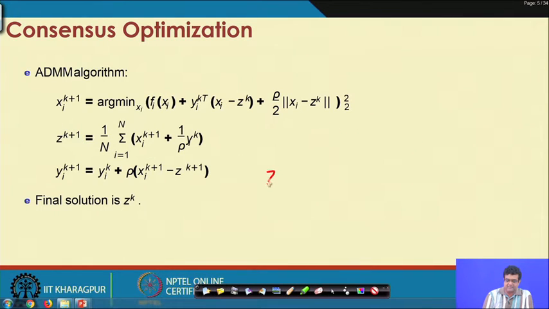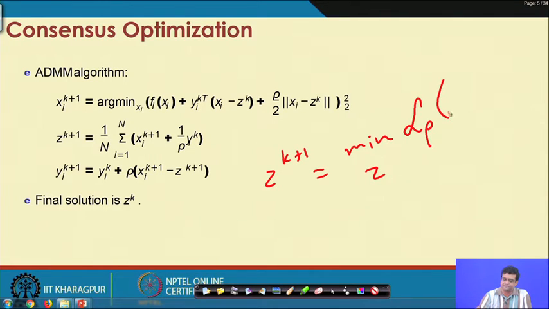So, your z k plus 1 was nothing but minimum over z of L rho, x k plus 1, z, y k.